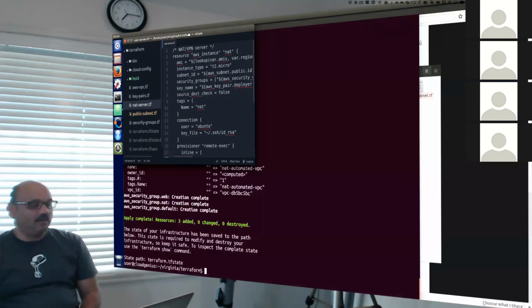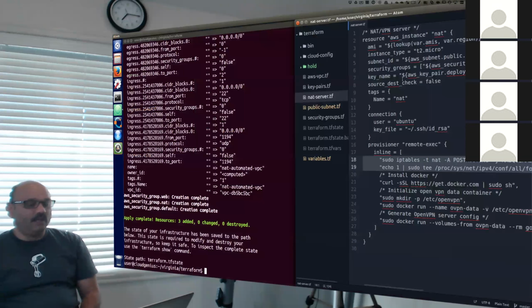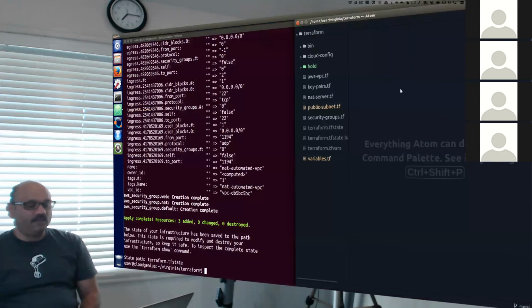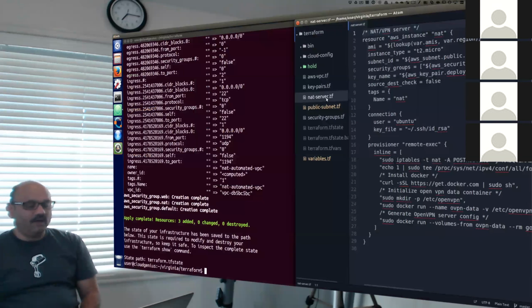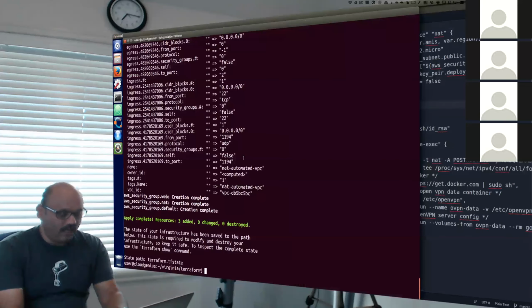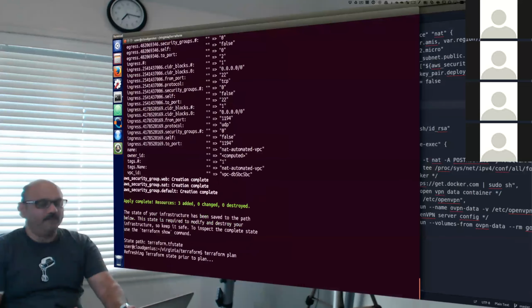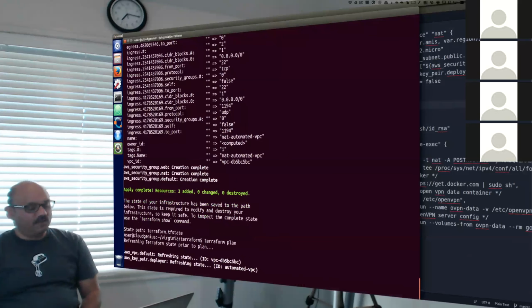Let's move this to the side. Now we have a NAT server definition, which is defined in this particular file, which is going to remote execute these things in line as soon as the machine becomes ready. We'll start a T2 micro machine, use the key pair we have already, and that is this new item that I have created. Basically I took it outside of the holding area and moved it into the main folder for NAT server. And now I will say, Terraform, tell me your plan. So Terraform is going to show us the plan. The plan will be to create a box.